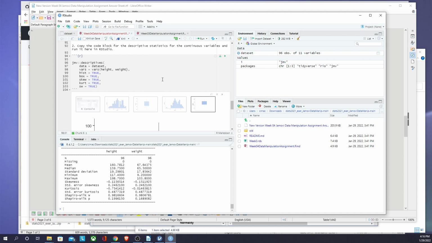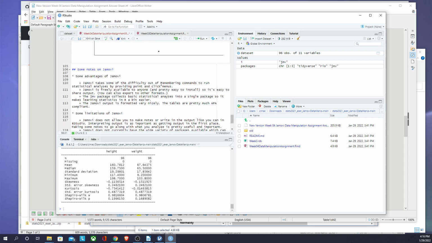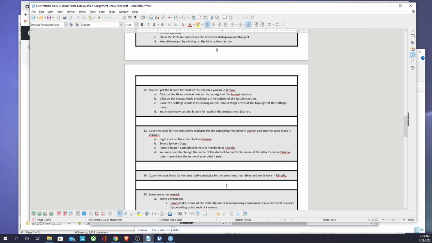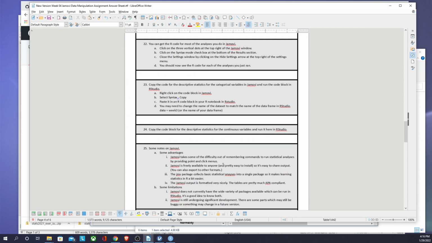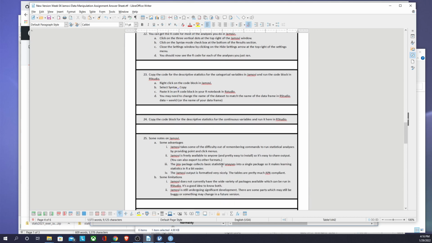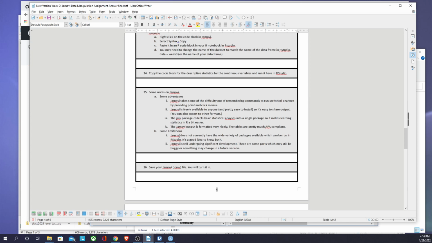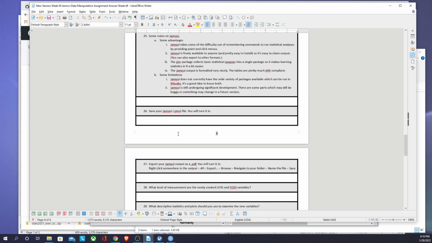So Jamovi can be a nice little way to help us learn some R code a little bit better. And you know, it's an option. We're not going to do that much this semester, but I just wanted to show you that it is something that Jamovi does and that you can use. So I'll let you read through some of these notes on Jamovi, what I thought were some of the advantages and limitations of it. And so we're going to save our Jamovi